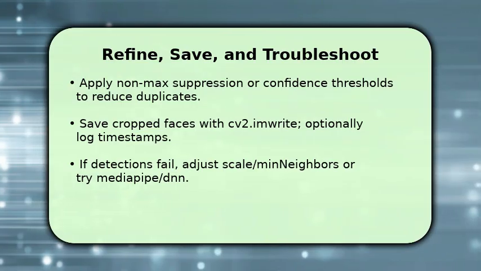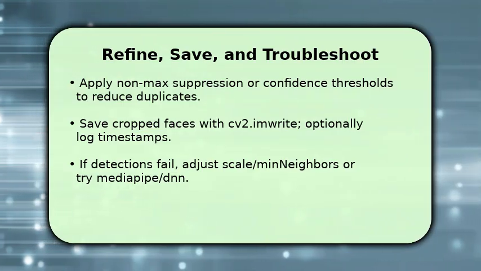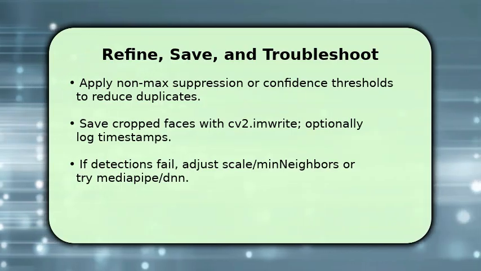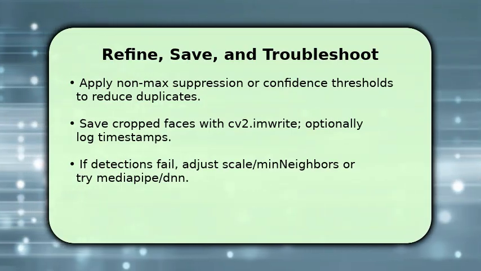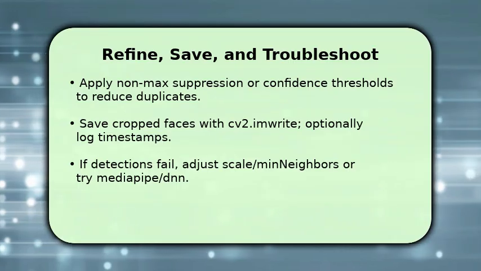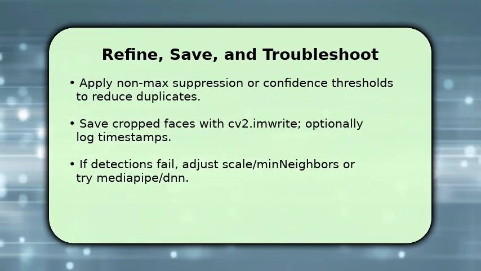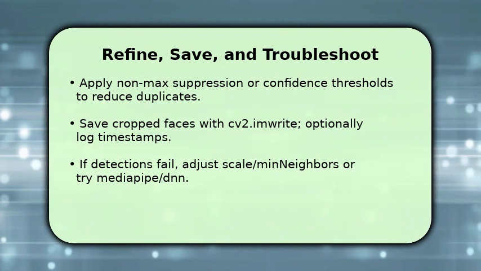For performance, consider threading the capture or resizing frames. For accuracy, swap Haar for a DNN or MediaPipe face detector. If things go wrong, make sure your cascade path is correct, tweak scale factor and min neighbors, or switch models. That single troubleshooting tip usually